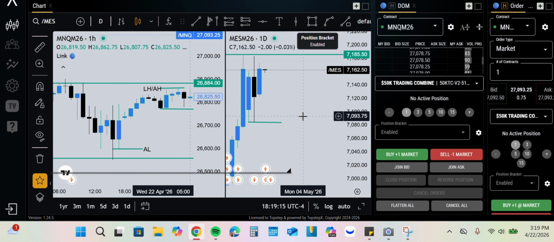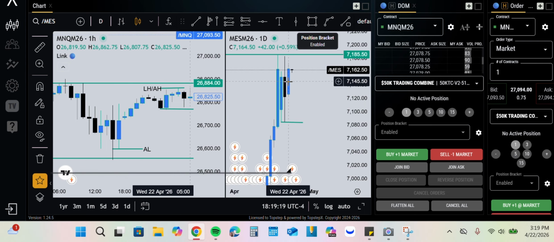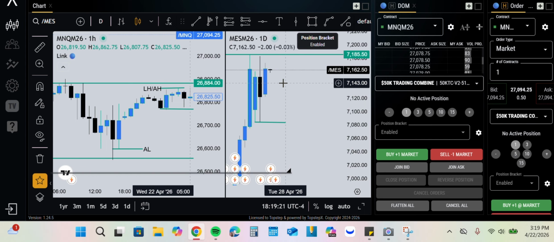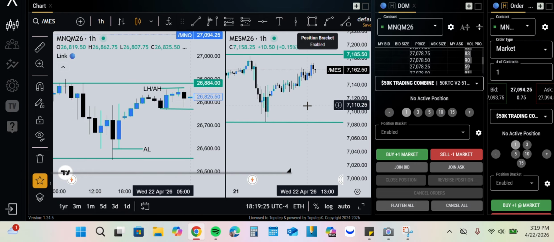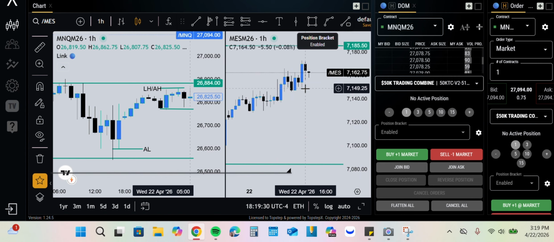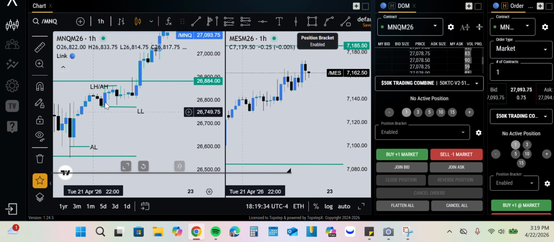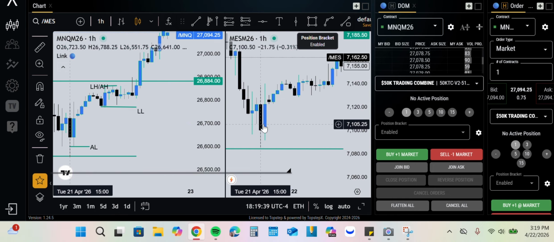Real quick, I'm going to mark out the same way on MES. So we're going to go on the 1 hour and mark out the same Asia and London. So we had London opening 1 a.m. Right, so wait, we had Asia low at this blue candle,